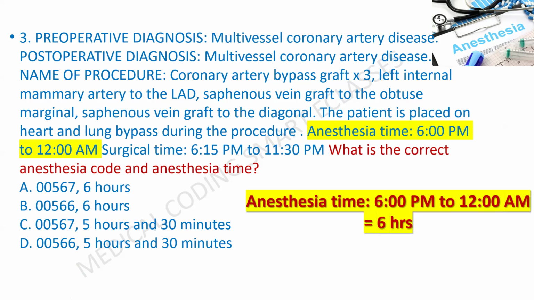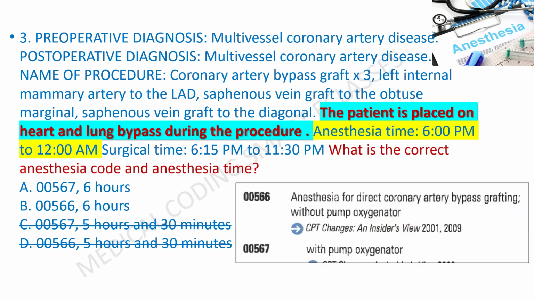So we have to remove options C and D. And what is the difference between 00567 and 00566? 00566 is without pump oxygenator, 00567 is with pump oxygenator. The patient is placed on heart-lung bypass during the procedure, so we have to take the pump oxygenator code. So the answer